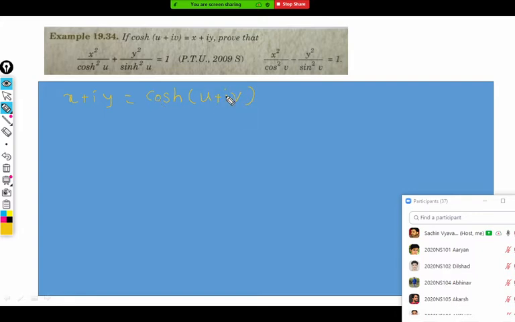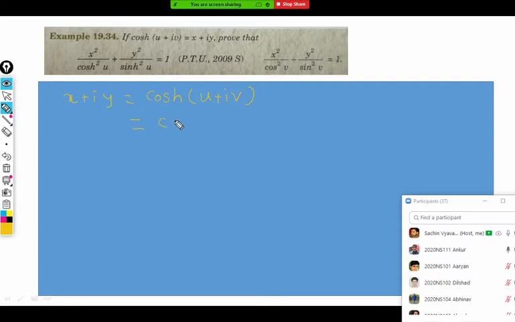If you know the cos hyperbolic identity or cos hyperbolic formula for a plus b, you can use it directly, or you can convert cos hyperbolic into cosine function. So which of the ways you want to start here? Sir, by applying the formula for cos hyperbolic a plus b and equating the real and imaginary part. Good. So can you tell me the cos hyperbolic a plus b formula?